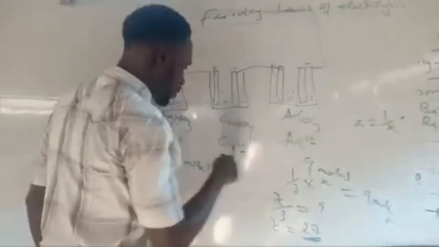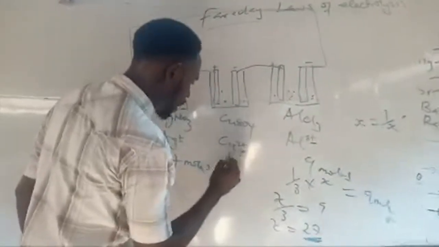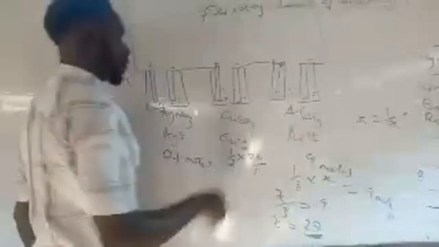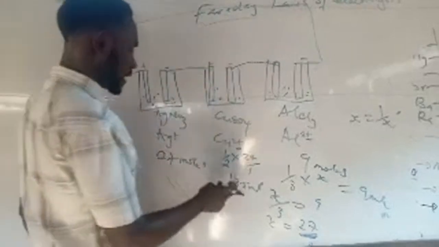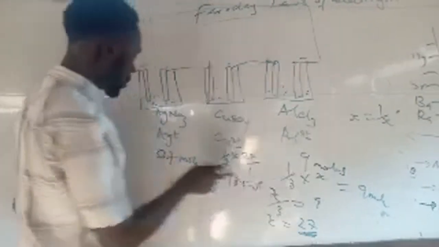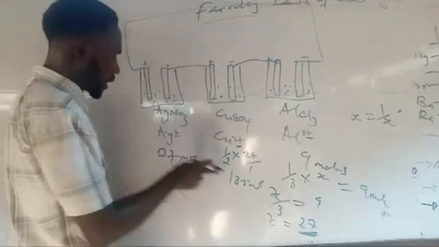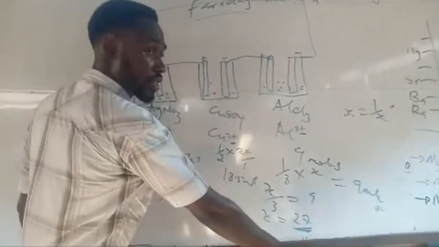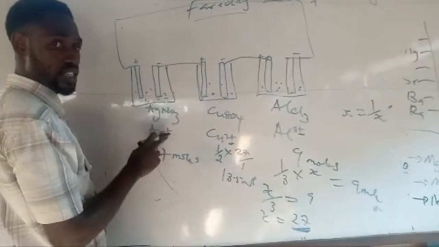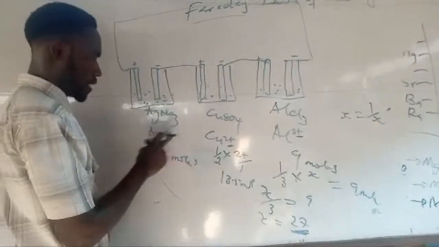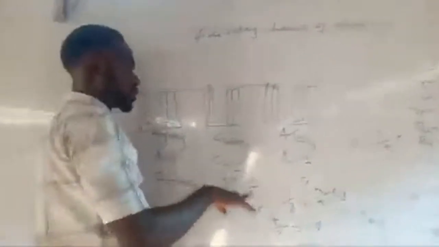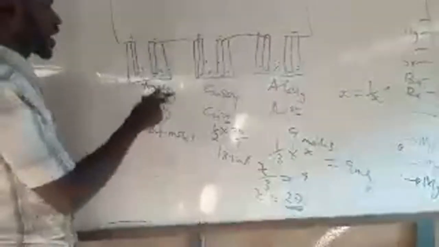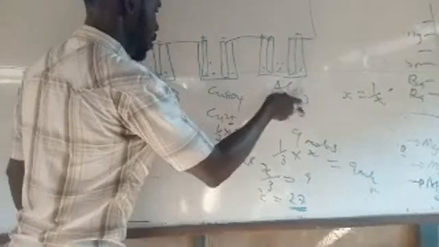Then here, the inverse of 2 is 1/2. 1/2 times the original, which is 27, for the charge of copper, which will give you about 13.5 moles. So what do we have? 27 moles, 13.5 moles, and 9 moles. If you move from 27 to 13.5 to 9, you are decreasing. But look at their charges. Their charges are increasing, +1, 2, 3. So the second law is showing you how, if the mole of silver was given, you can access that of aluminium.